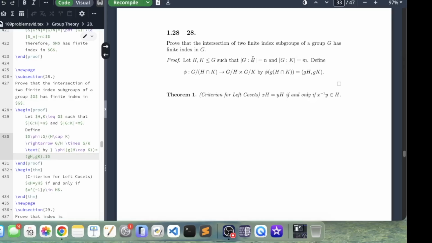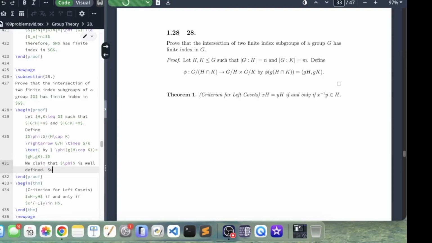So we have the product of two finite groups, which is finite, and this is less than or equal to something finite. Hence, this is finite index, which is what we want to prove. Okay, so we're going to start with, sorry, not injective. We claim that phi is